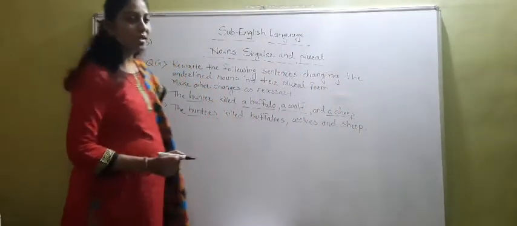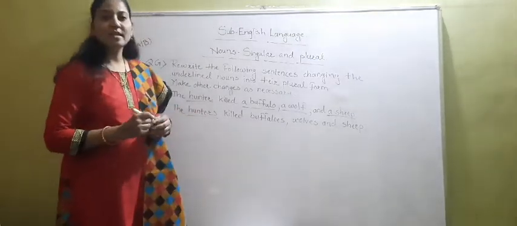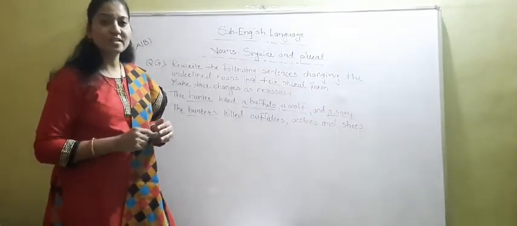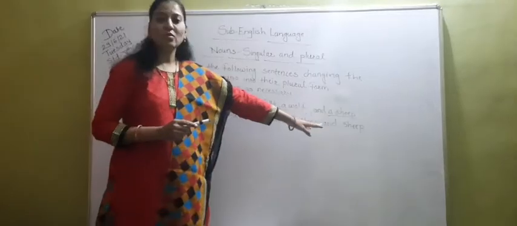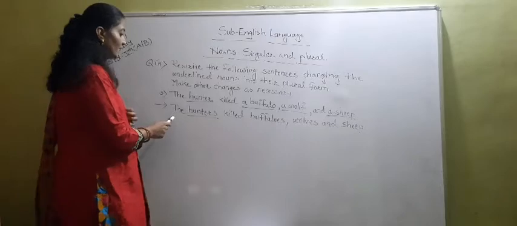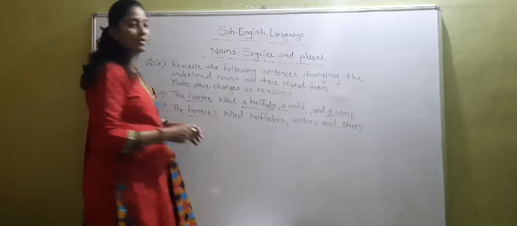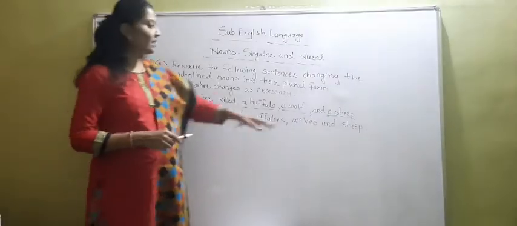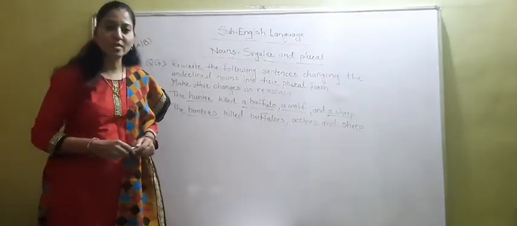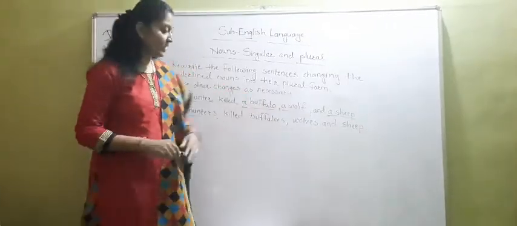Now are you getting it, students? We have studied some words whose plural never changes, and the word sheep also comes in that group. So plural of sheep is sheep. Okay. So see the sentence, the hunters killed buffaloes, wolves and sheep. Is this clear to you? Why have we written this word same as sheep here? Because plural of sheep is sheep only. There is no change in the word sheep.